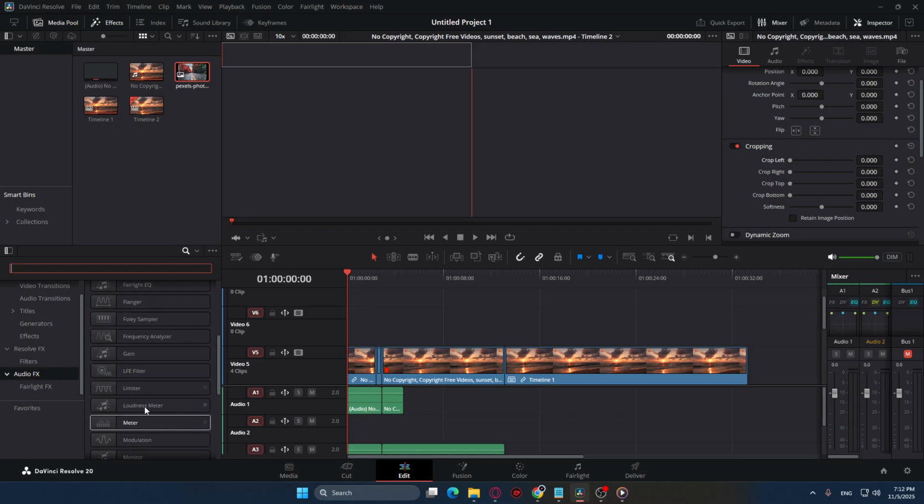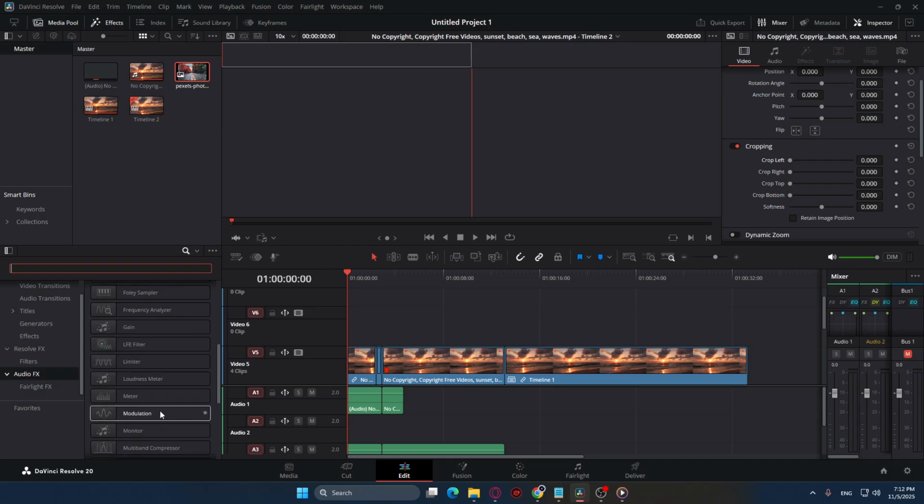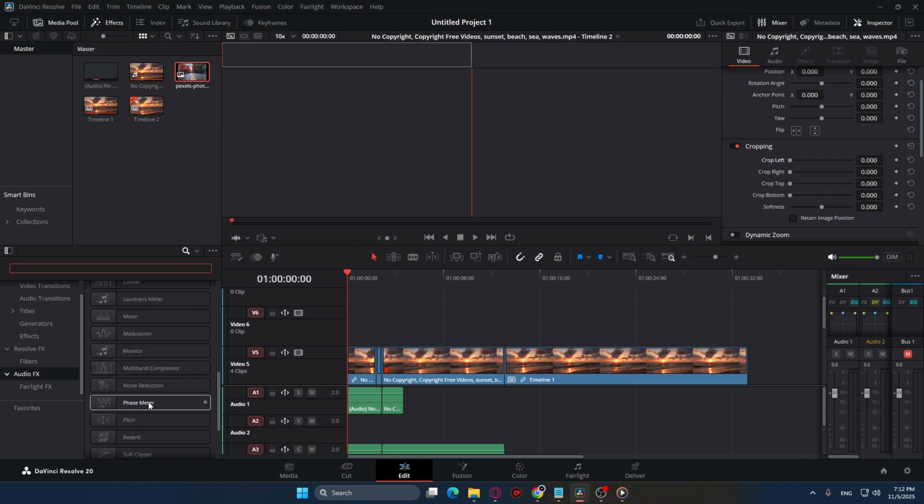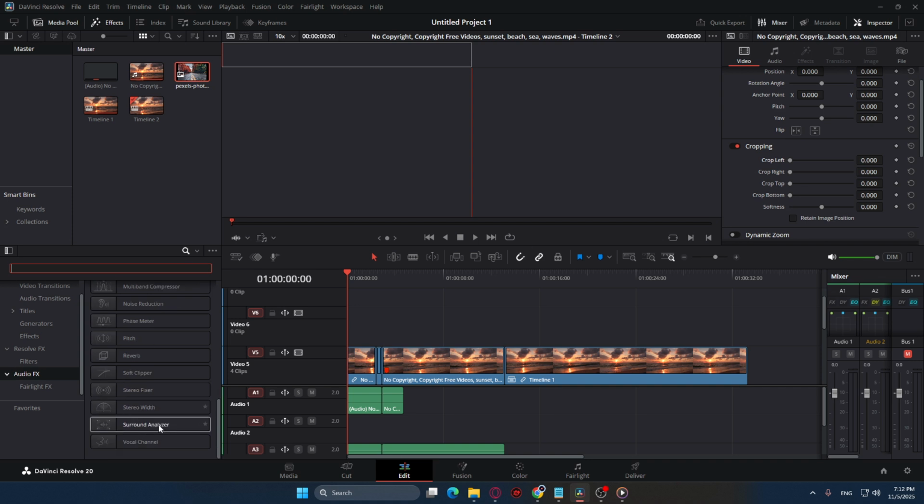For those of you who might be unsure which effect to use, I recommend starting with some basic ones like equalization and reverb. As you become more comfortable, you can experiment with more complex effects to tailor the sound to exactly what you need. A helpful tip to remember is that you can always preview an effect before fully committing